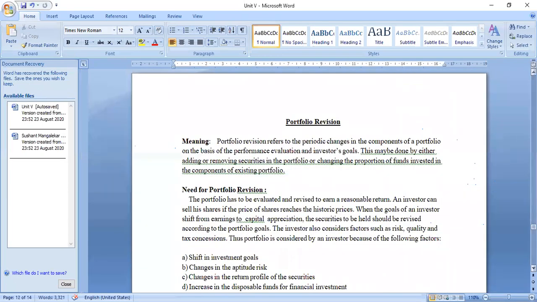So the question papers are also put in the drive from 2014 to 2019. You can just go through the question papers, try to solve it, okay? And even the fourth unit PDF is also put in the drive. You can just access that. And after I complete this particular unit, I will be sharing this particular document in PDF form again in the drive, okay?